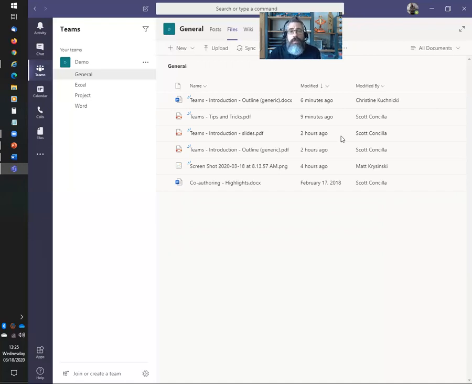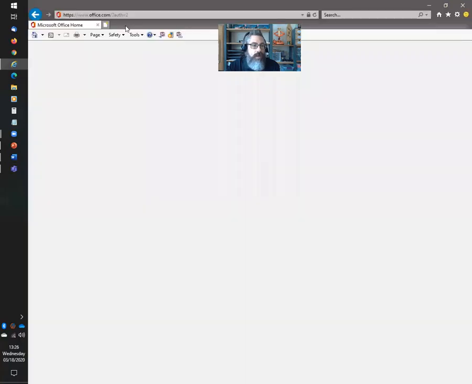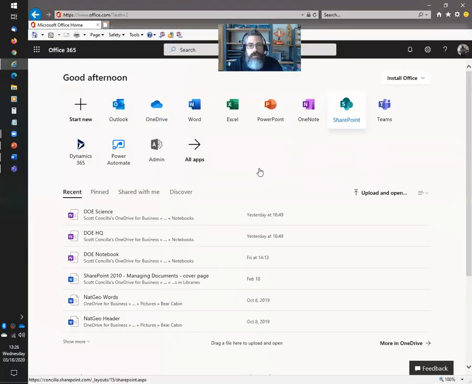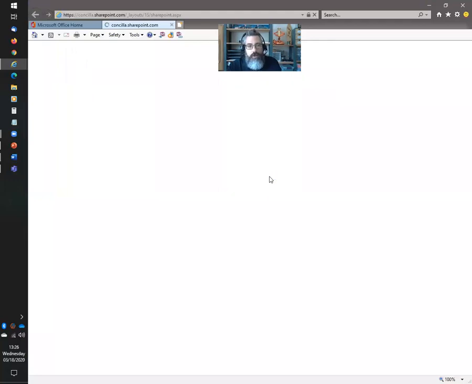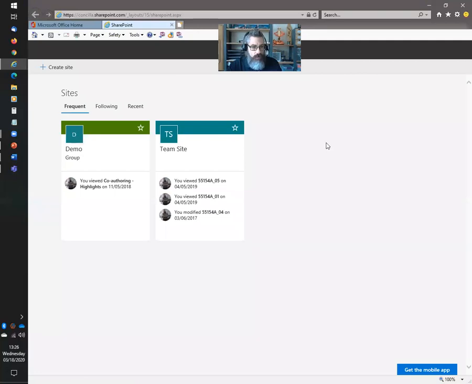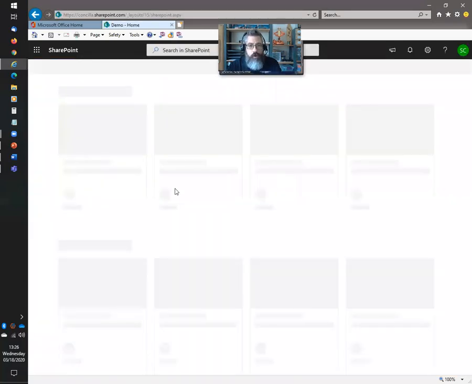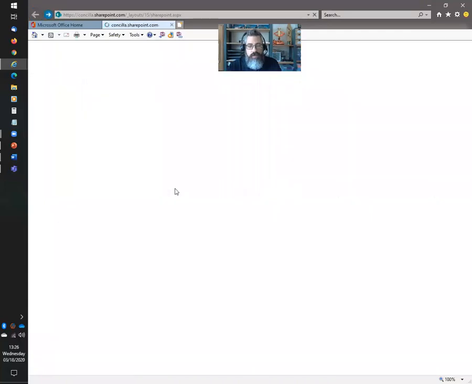Okay, and again, the file storage for a team is basically SharePoint. If I could get it to work here because my settings are different, if I clicked on this open in SharePoint, what I would end up with, I can open up one of them over here, let me go to this SharePoint app, is that I would basically end up in a SharePoint library. Actually, I think I can open it from here. Yep, I can open it from here. Let's go to the demo site. I can still get to it, I just have to go the long route. So let me go to the demo site. So if that open in SharePoint worked properly from Teams for me, you would actually end up,